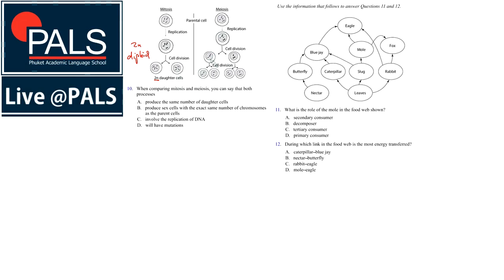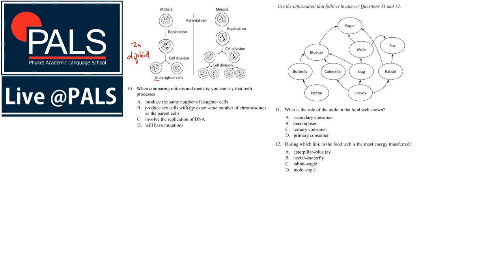And we can see, looking at the pictures, we start with the same number of chromosomes here, and the daughter cells in mitosis still have the same number of chromosomes, so diploid cells make diploid cells. We can see that in meiosis, however, the number of chromosomes has been reduced from 4 in this case to 2 in the daughter cells. So when comparing these two, we can say that